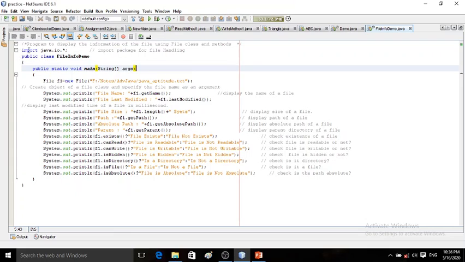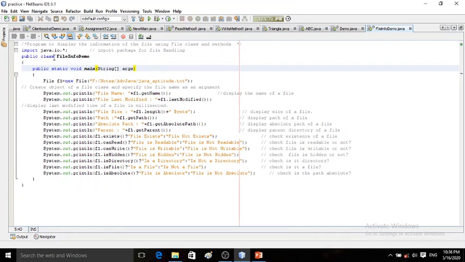So here: import java.io.*; means whatever classes are available under this IO package are now available to use. So the package for the File class is imported.